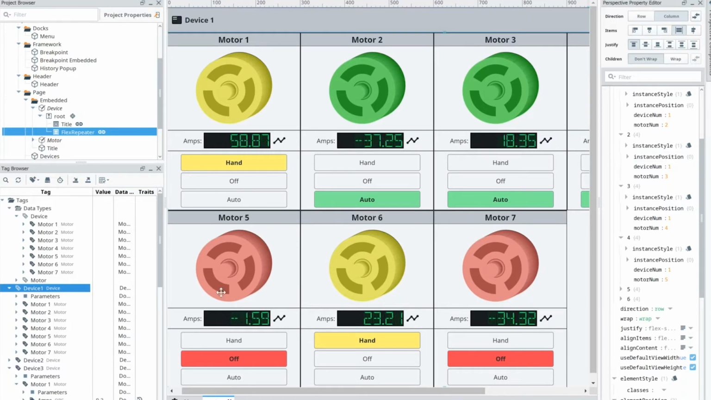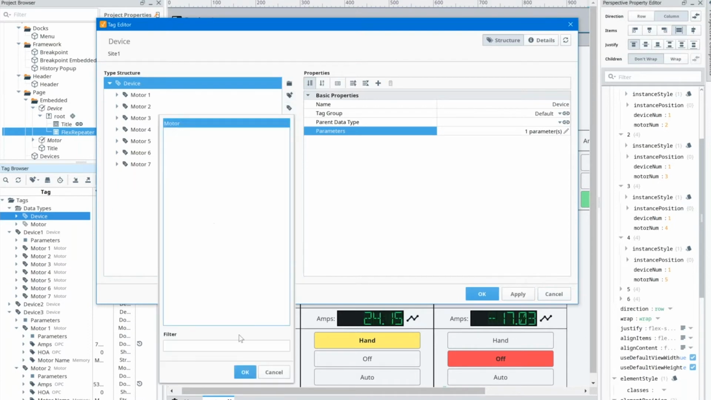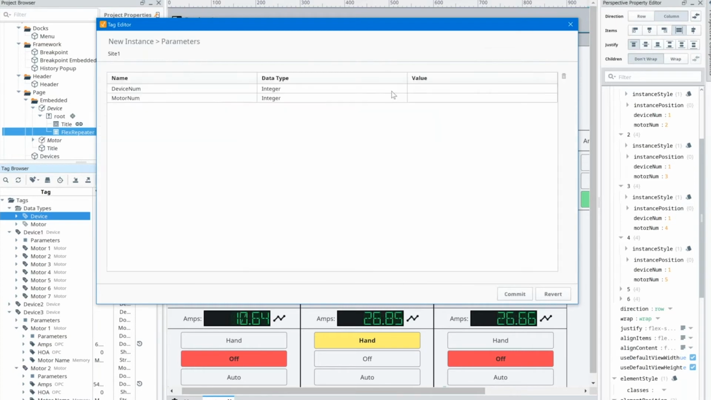I want this to be dynamic. And so I happen to have 8 motors. So let's go ahead and change my number of motors inside my device, and we'll see what happens. So I'll go into my device type here, and I'm going to add another motor, and this is going to be motor 8, and the parameters that I'm passing to this